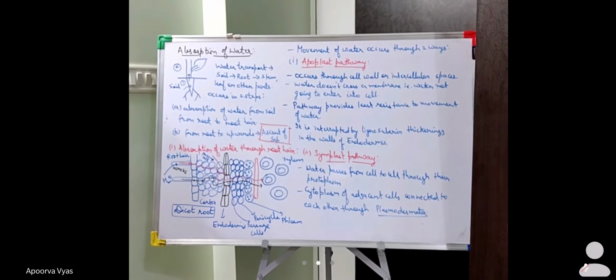And out of the two pathways, the apoplast pathway and the symplast pathway, the apoplast pathway is the fastest one because it doesn't face any resistance or interruption. If water enters the cytoplasm, it has to face the resistance of so many cytoplasmic contents. But since it is moving through the cell wall or the intercellular spaces, there is no resistance, and hence water movement occurs fastest through the apoplast pathway. Okay, so these are the two pathways through which water is absorbed by the root. Now you can take a screenshot and I will draw a flowchart diagram of how the water movement occurs inside the root.